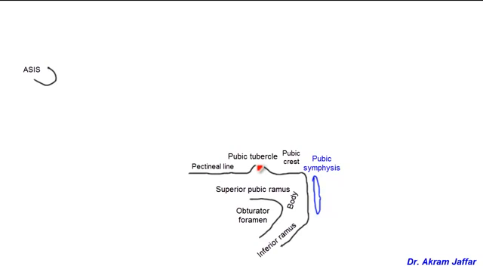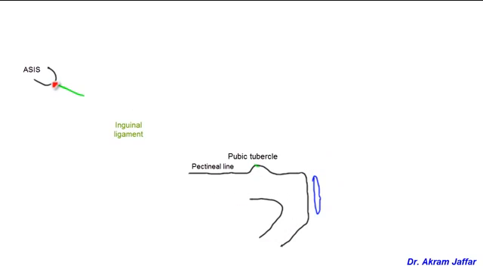The inguinal ligament extends between the anterior superior iliac spine here and the pubic tubercle. I'm going to draw it as two lines here because the inguinal ligament is a thickened lower free border of the external oblique aponeurosis. This aponeurosis is not sharp inferiorly because the aponeurosis is upturned on itself, so it becomes blunt. Some fibers of the inguinal ligament will be reflected backwards and attached to the pectineal line of the pubis,